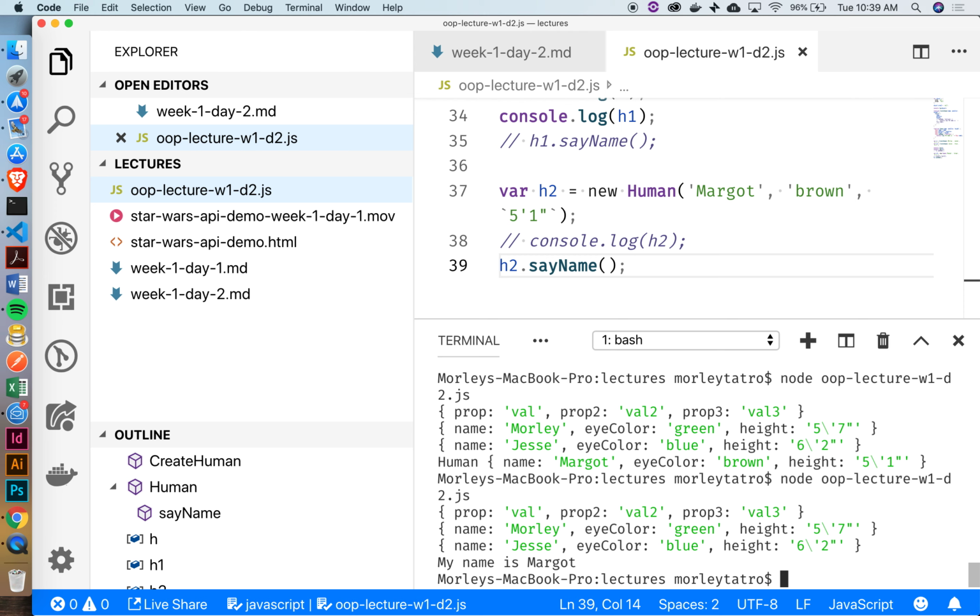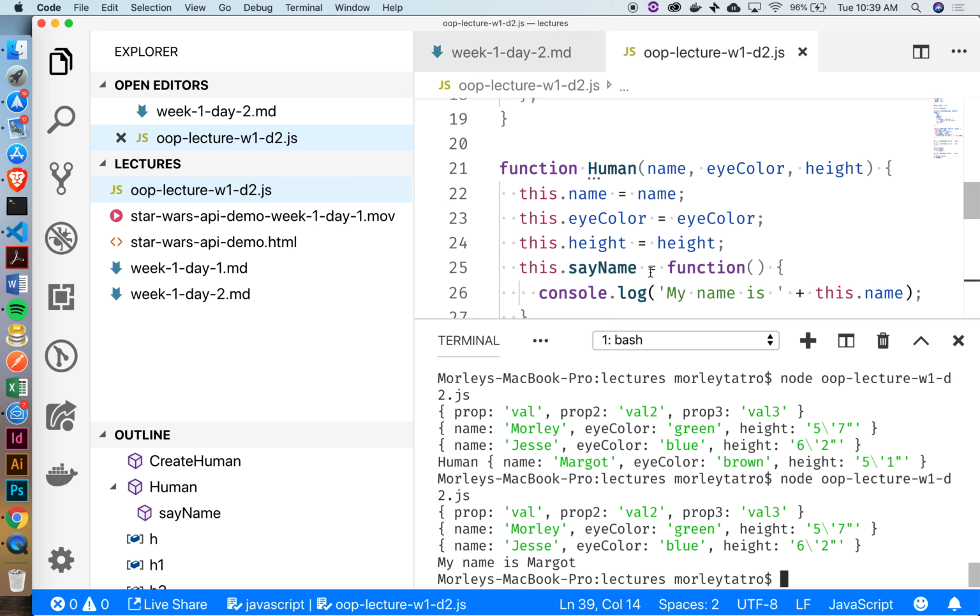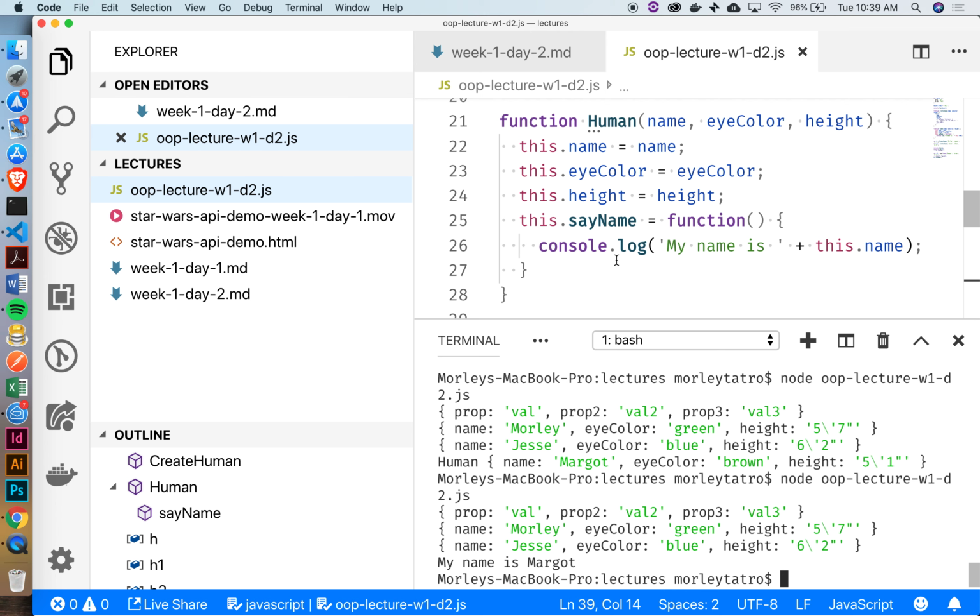But generally, you're going to be using the second way. So yeah, in this case, what we're doing is we're putting the method inside every object that we create using that function. Now we're going to explore a different way of doing it, where we don't put the method